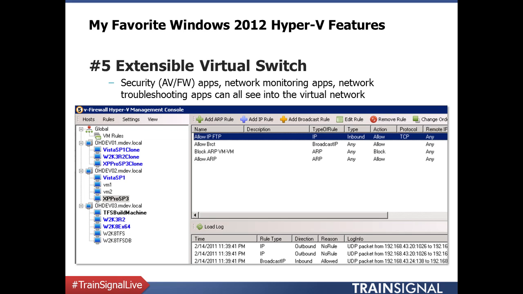The extensible virtual switch is actually something that I've tested and had some hands-on experience with as well. Coming from a network background, being a CCIE, I really always want to know what's going on the network. I guess that's just ingrained in me. And with